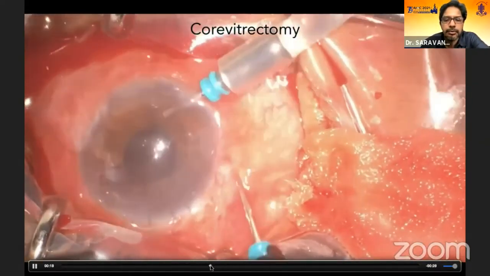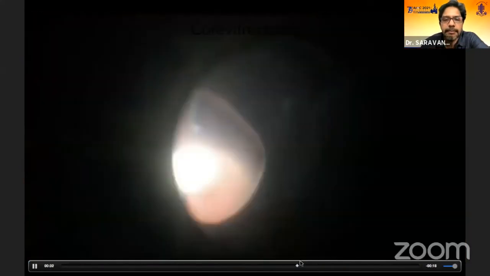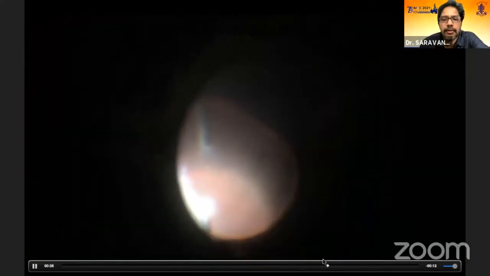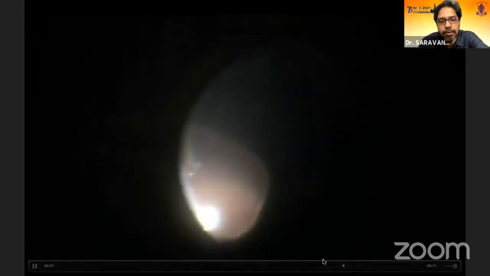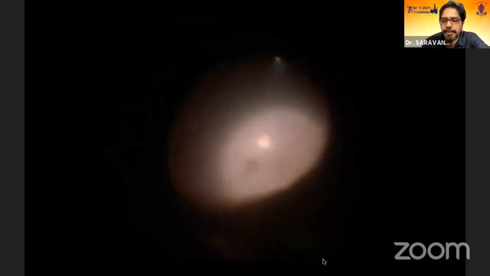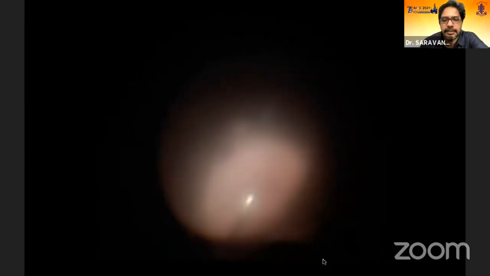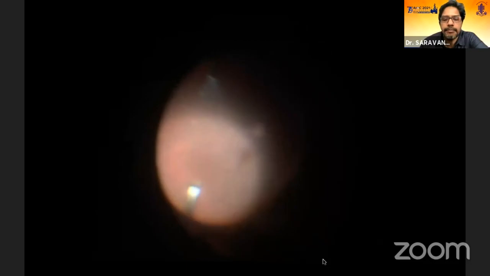So here the aim is to first clear the media, and if the media is clear enough to go ahead, we always try to induce the PVD, at least in the posterior pole. Previously it was only a core vitrectomy, but nowadays the choice is to do as much vitrectomy as possible because this gives you a much better and faster recovery following the infection. So provided the media is clear, you can be as thorough as possible.